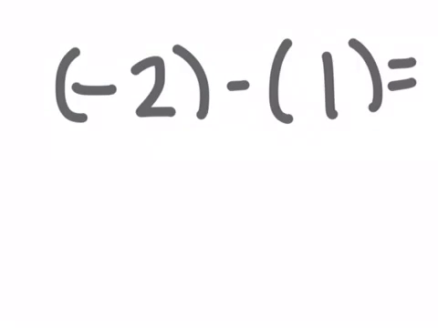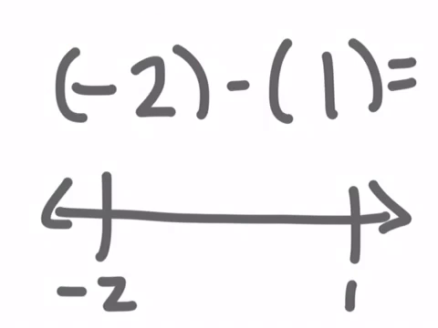Let's look at this example. What's the difference between 1 and -2? If I use my number line, what's the difference between 1 and -2? And be careful to put your numbers properly on the number line. We know our -2 is over here because the numbers to the left are smaller than the numbers to the